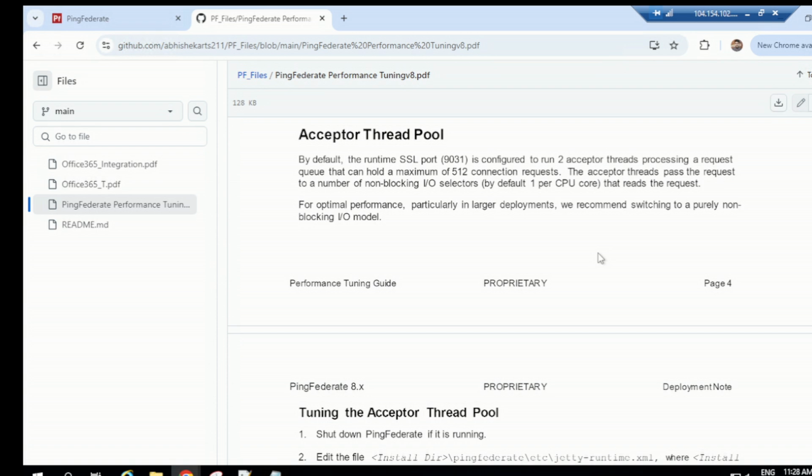So by default, the runtime SSL port 9031 that we are using in the PingFederate engine is configured to run two acceptor threads processing a request queue that can hold a maximum of 512 connection requests. The acceptor threads pass the request to a number of non-blocking I/O selectors,